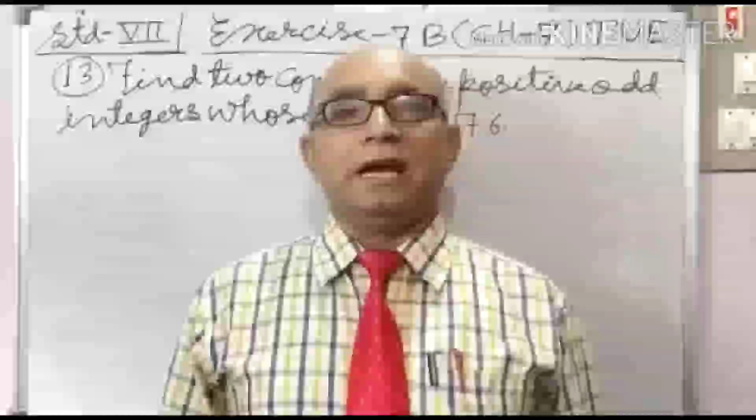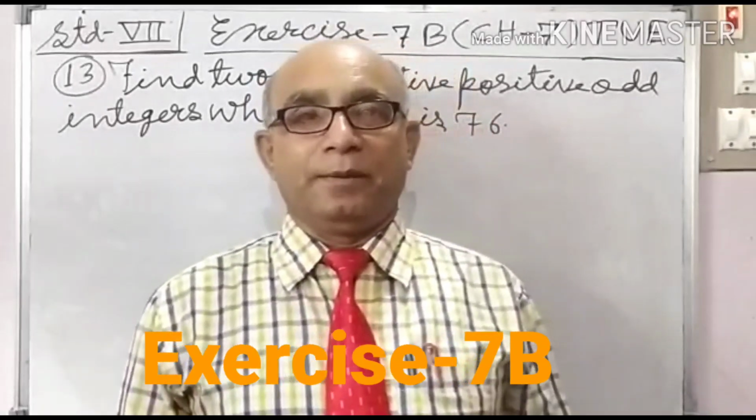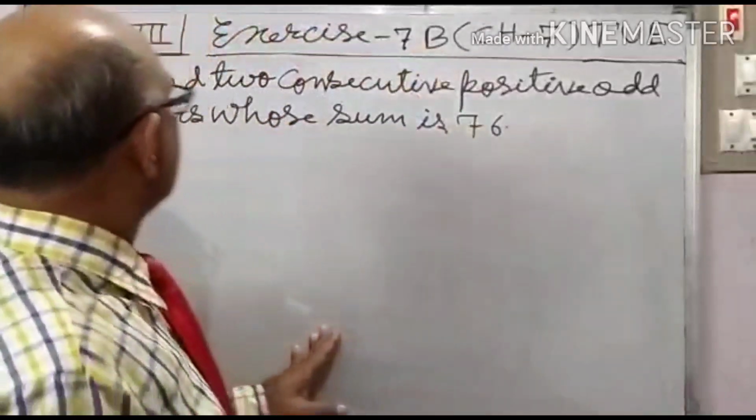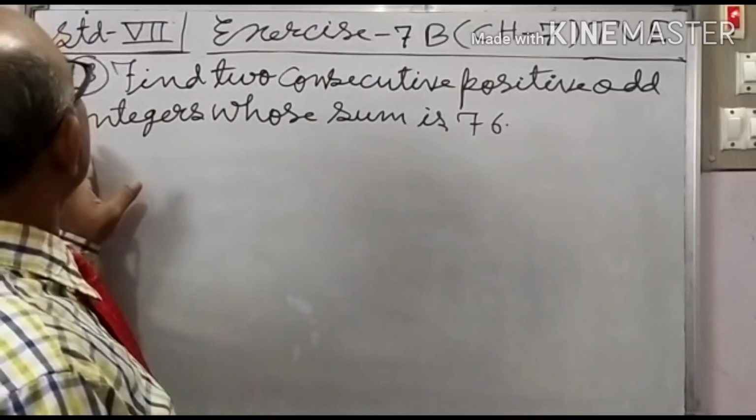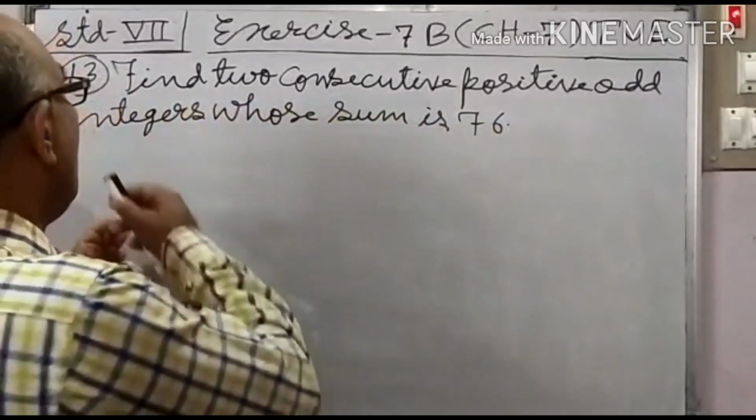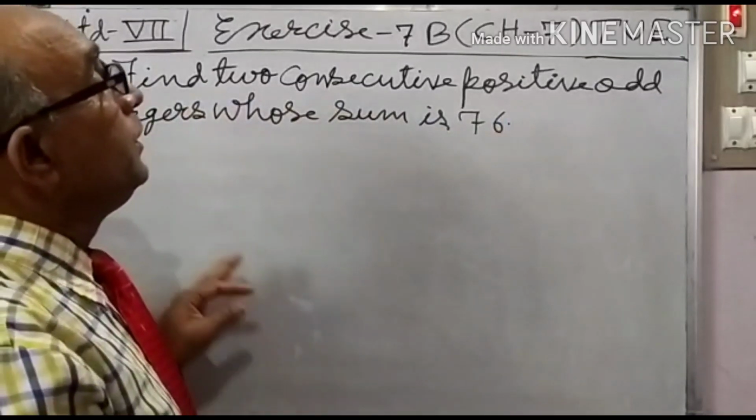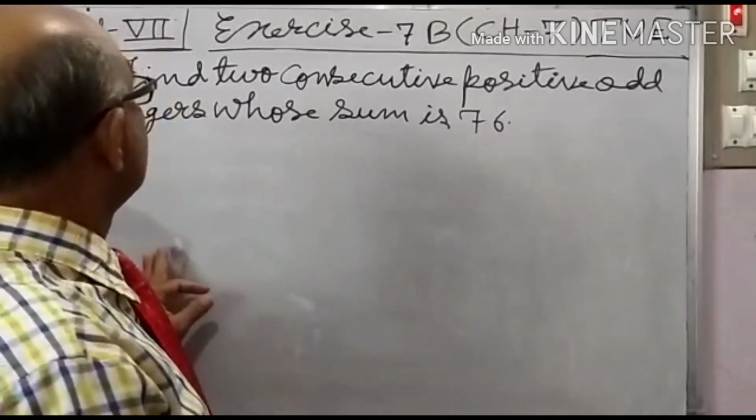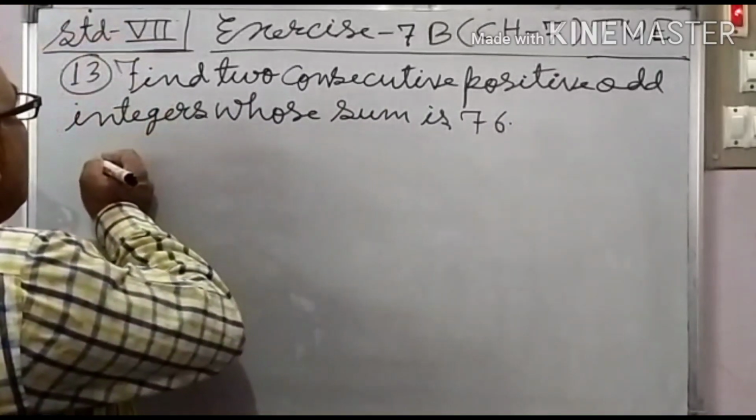Students, today I shall solve exercise 7B of chapter 7, linear equation. Question number 13 is written on this board here: find two consecutive positive odd integers whose sum is 76. Let